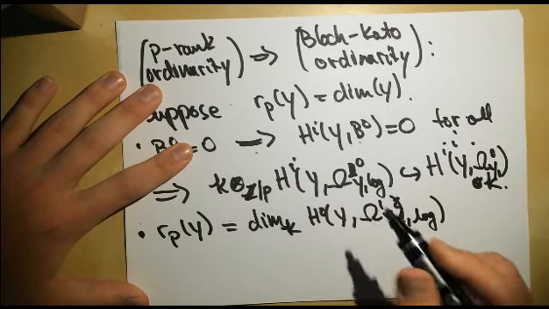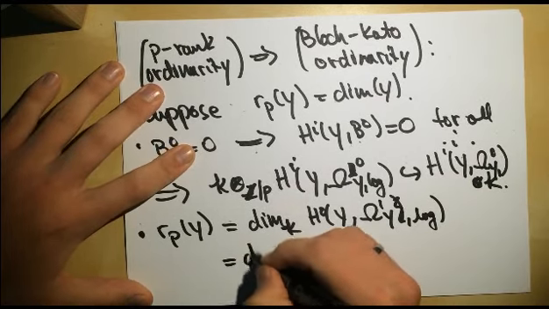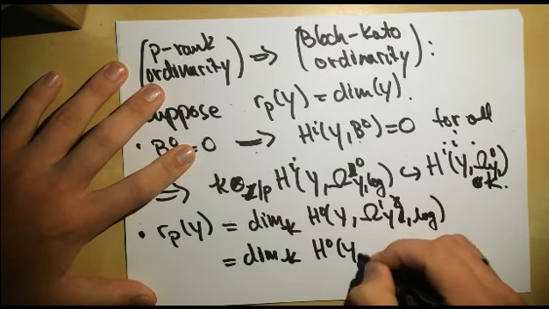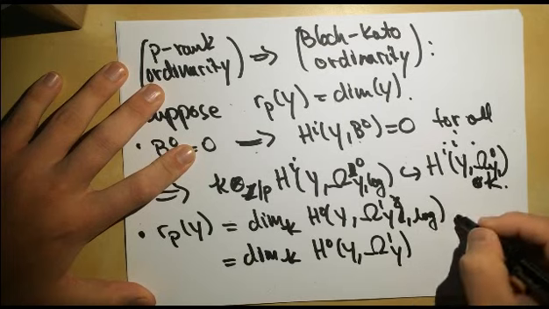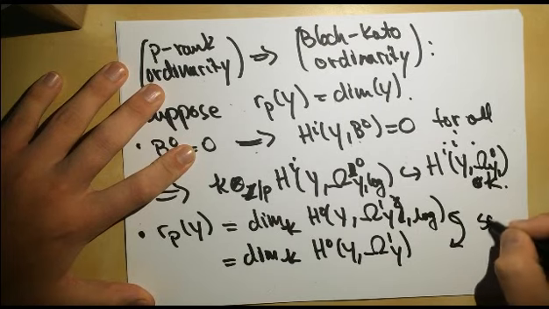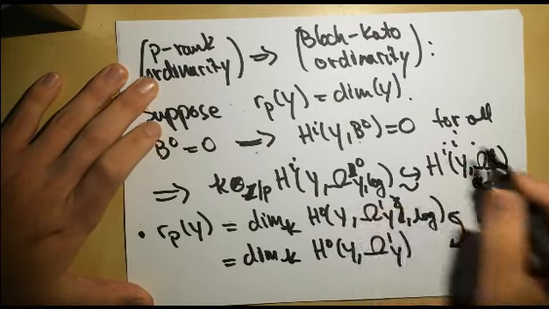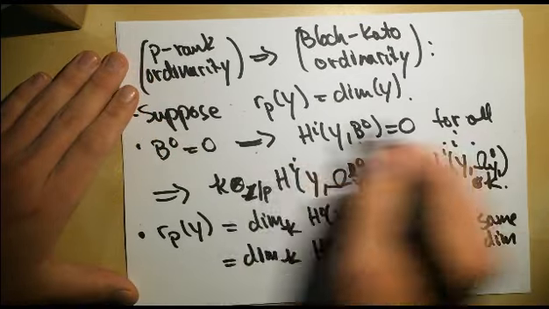Okay, and we also know that this is equal to, by the hypothesis, so these are the same dimension, which implies that this map is an isomorphism. Okay, so now that we have this as an isomorphism,